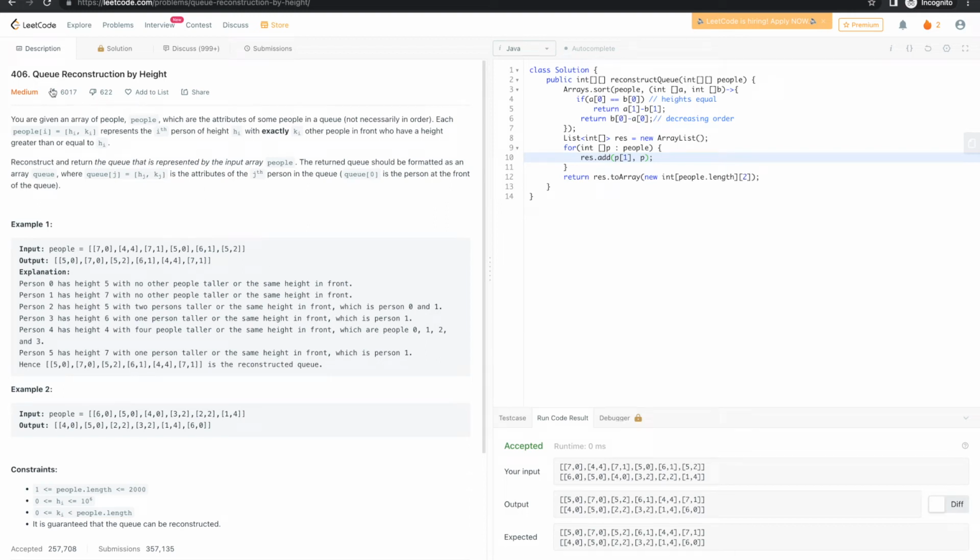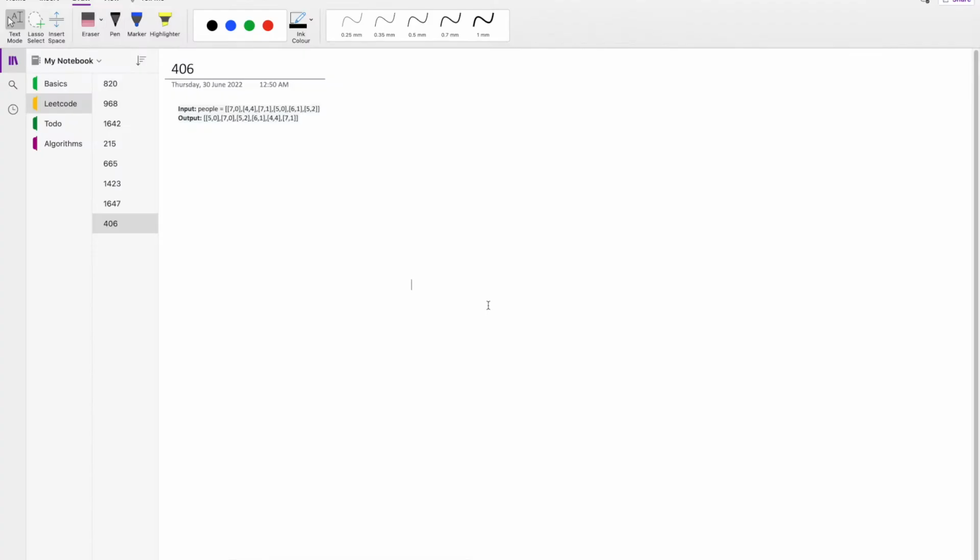Hello everyone. Today we will solve Leetcode 406, which is Queue Reconstruction by Height. Here, we are given a pair for each person. For example, take the pair 7, comma 1. It represents that 7 is the height of that person, and 1 is the number of people who are ahead of this person in the queue,